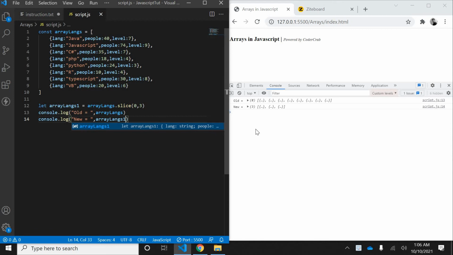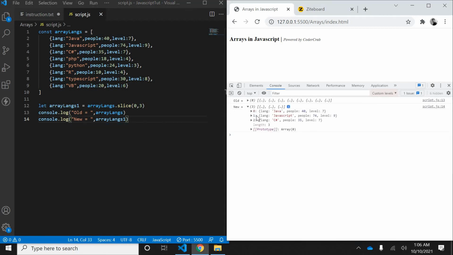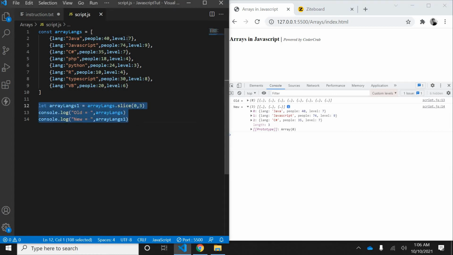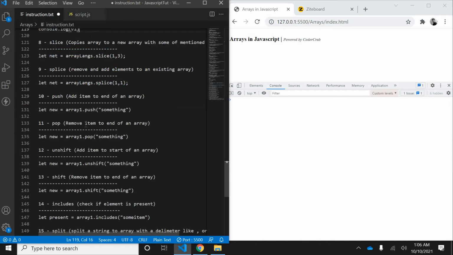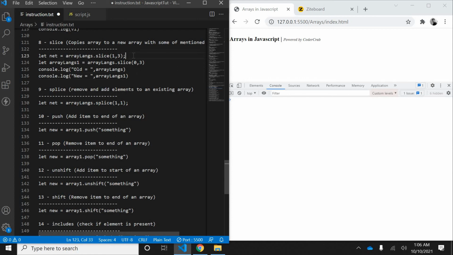Now we have this new array with a selection criteria of starting from 0 index up to 3. So it will have the first 3 values, 0 1 and 2. So this is slice. This slice is very useful when you have some filtering criteria or pagination. It is very useful in those cases. So you can take it and use it, instead of writing a lot of logic there.